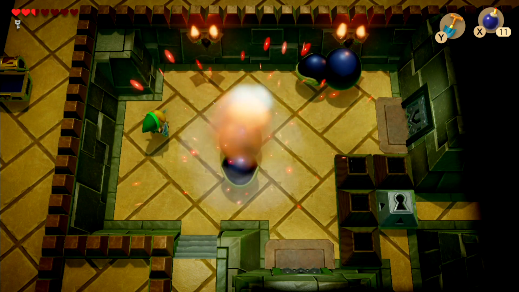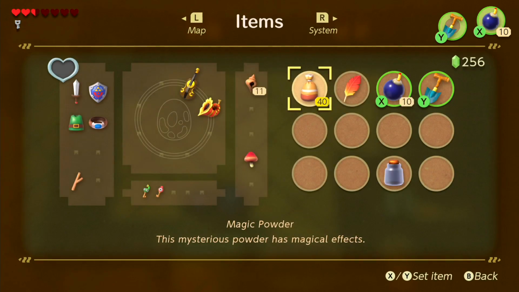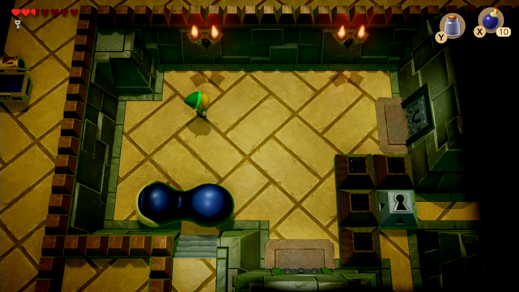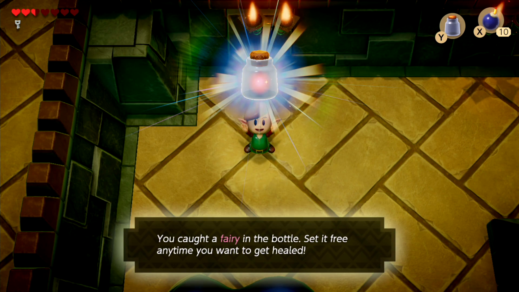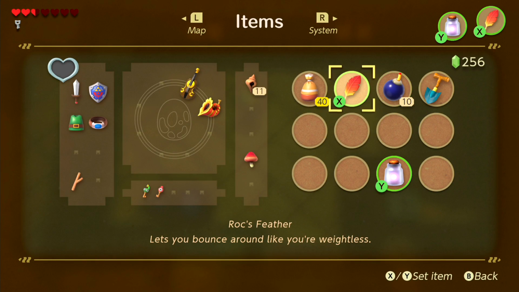Come on, go for it. What? He walked over it? So just... Some bombs aren't going to work? Or do you need to, like, feed it to them on the spot? I don't know, but either way, let's do this. Yes! We got a fairy in a bottle, which will come in handy because now I can kind of play recklessly, which is what I do best anyway, so...